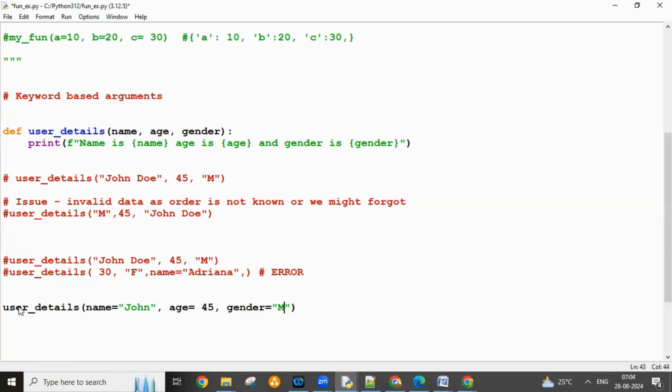You got it? Now we have properly defined it. There are three parameters and there are three arguments. Got it? So when you're writing name equal to John, age equal to 45, gender equal to male,